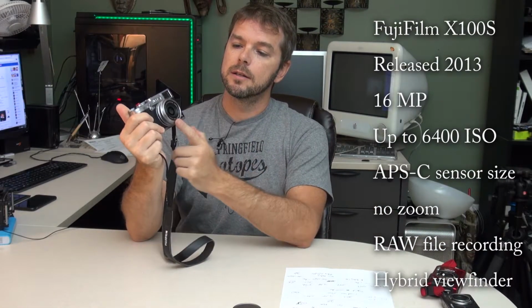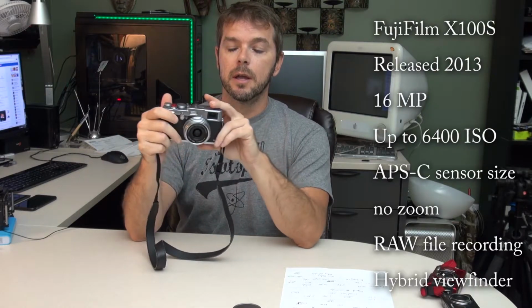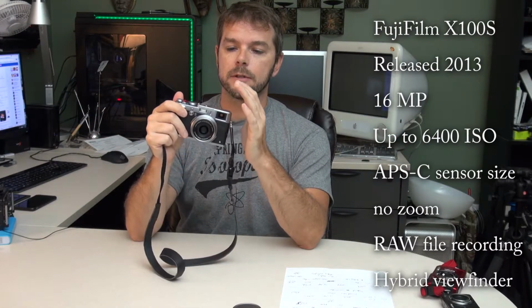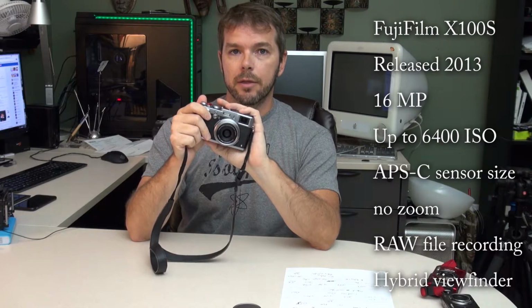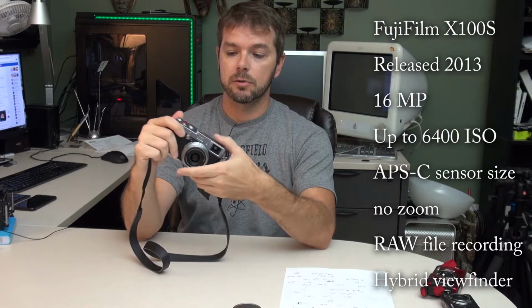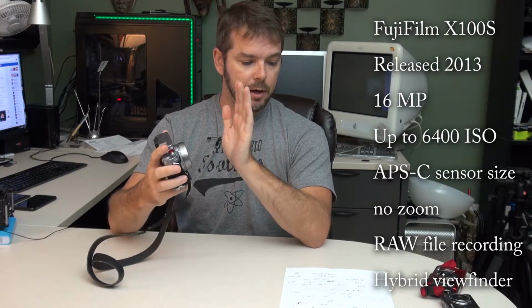One of the downsides is this lens is not removable, and it is only 23 millimeter. Meaning there's no zoom whatsoever. You kind of get what you get. After some multiplication of the sensor size, I think it comes out to about a 35 millimeter camera. So it's pretty much great for street work. It's great for kind of the behind the scenes things that I was using it with. But otherwise,